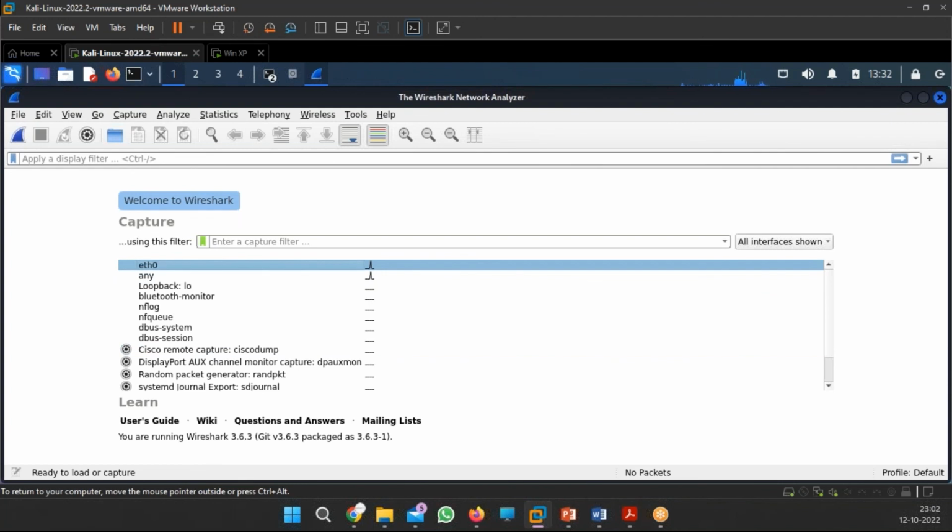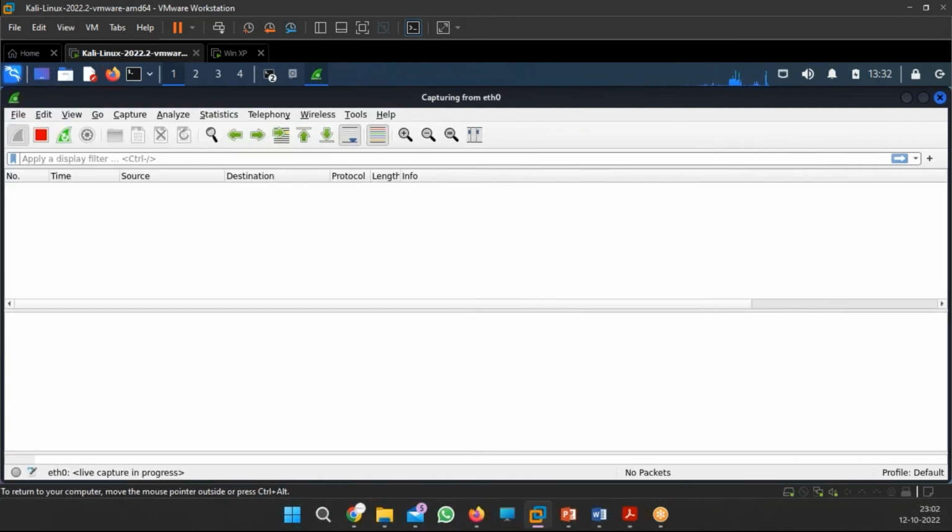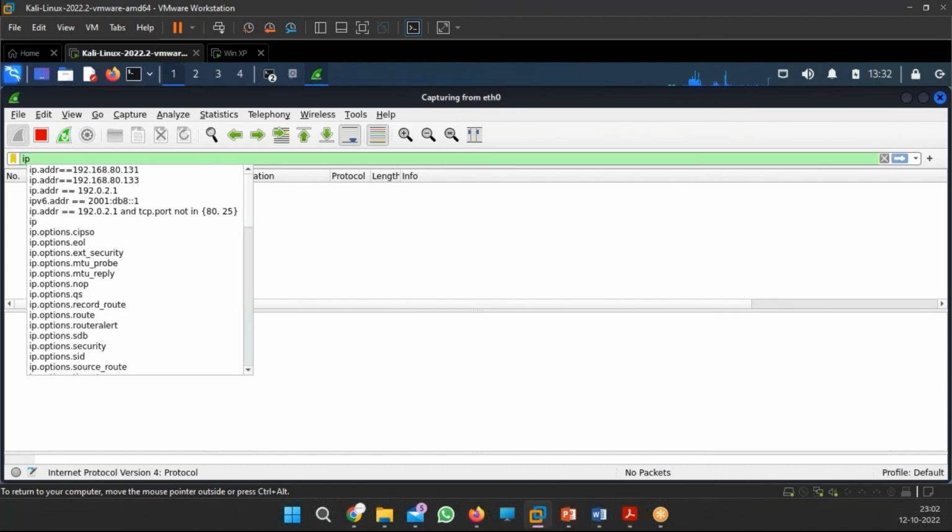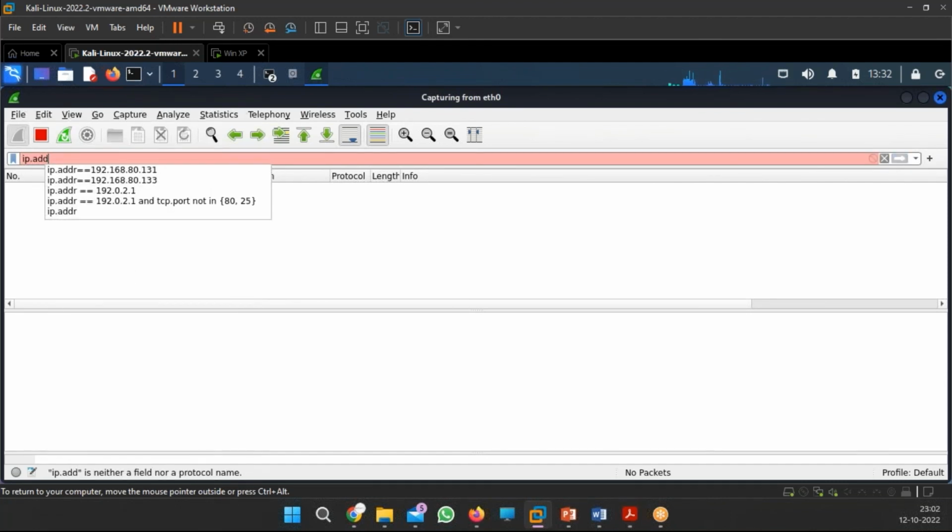Go with eth0. Inside this, you have to give an IP address, in which particular IP you want to capture the packets. Okay, so over here, you will be defining it. You will be giving an IP address over here, like ip.addr